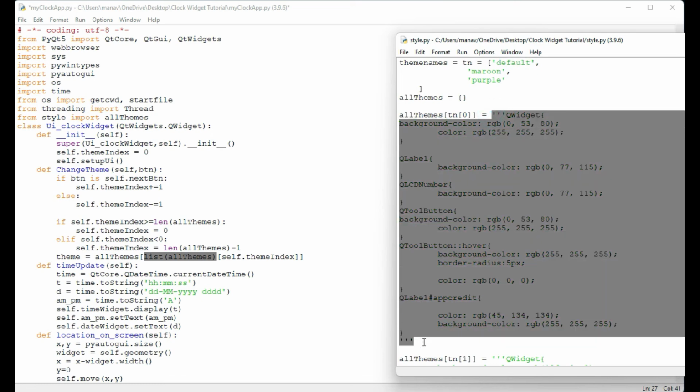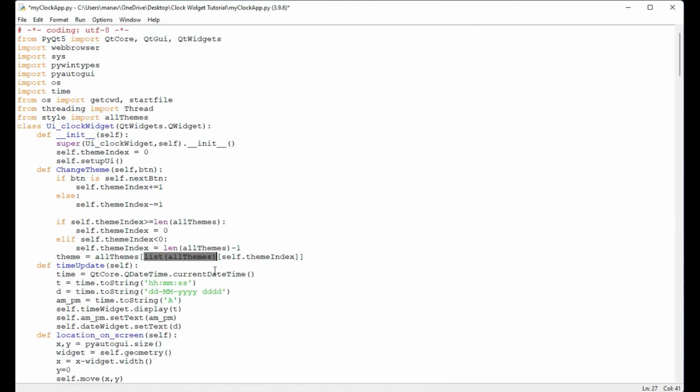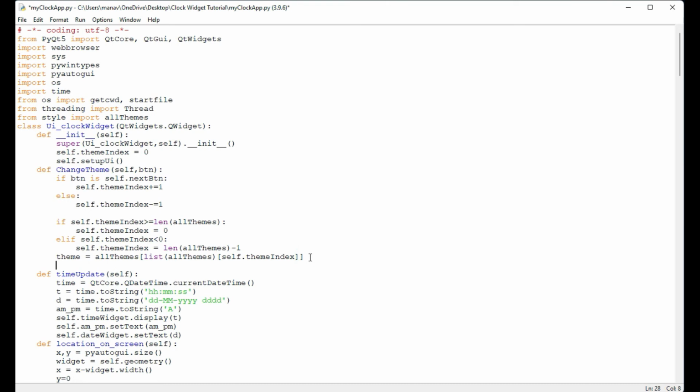Okay, so now I got this, and now I can apply this as the theme on our application. So for that I'll just come down below, and here I'll use self.set style sheet. Okay, and I'll pass here theme. So done, we have made this, right?